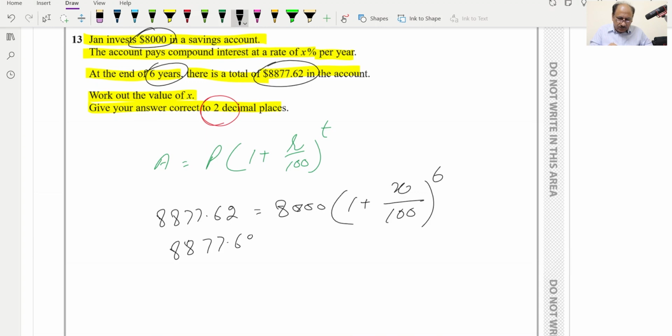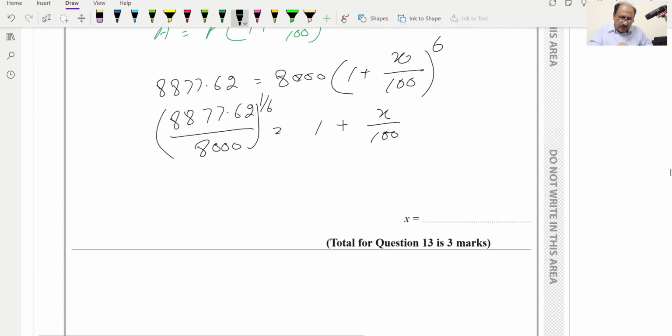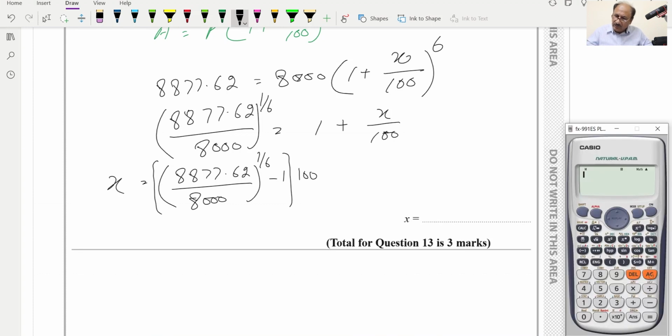8877.62 divided by 8,000 is equal to 1 plus x over 100, and raised to the power 6 we can shift to the other side, and this will be raised to the power 1 over 6, and now we can shift 1 also to the other side, so x over 100 will be equal to 8877.62 over 8000 raised to the power 1 over 6 minus 1, and this 100 also we can shift to the other side, and we will put brackets and multiply it by 100, and directly we can calculate this with the help of a calculator, and this will be